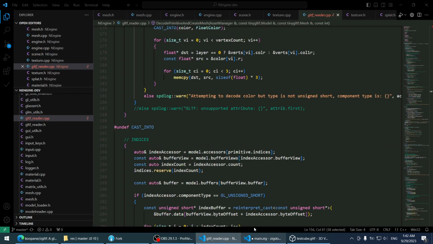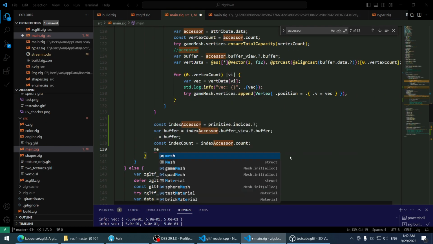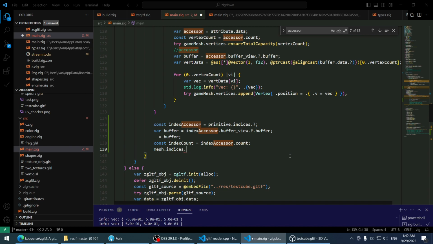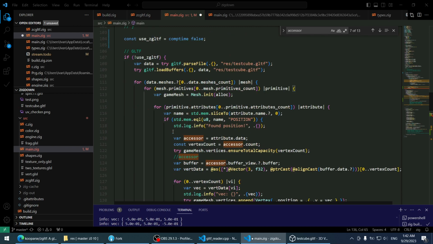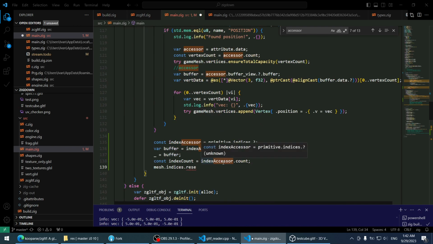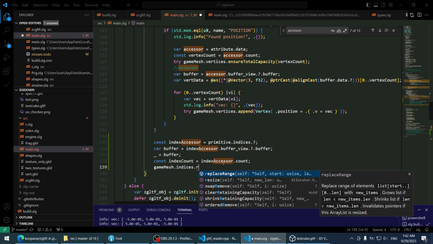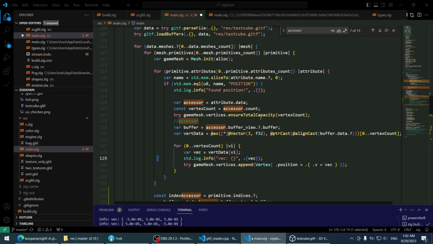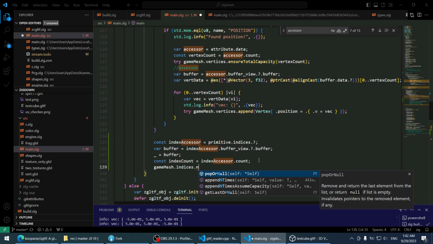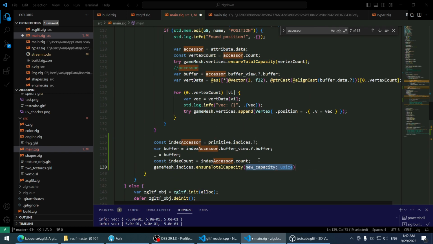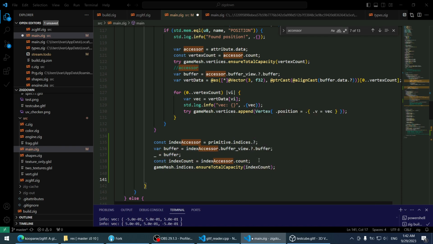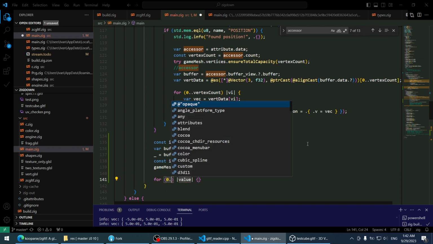Okay, and now again, as I did here, I can take a mesh, can take indices, and I can also, wait, do I have a mesh here? Oh, it's a game mesh. Game mesh, indices, reserve. What was it? Not reserve, but ensure total capacity. That was it. Ensure total capacity, index count. Okay. And then for 0 to index count,